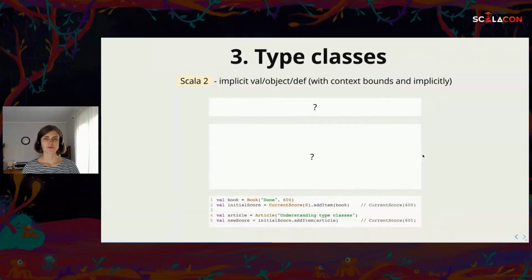And now let's move to type classes. So generally, type classes are a very powerful and very important feature in many languages, and also in Scala. And to illustrate generally what you might use it for, even for Scala 2, let's say we are still in